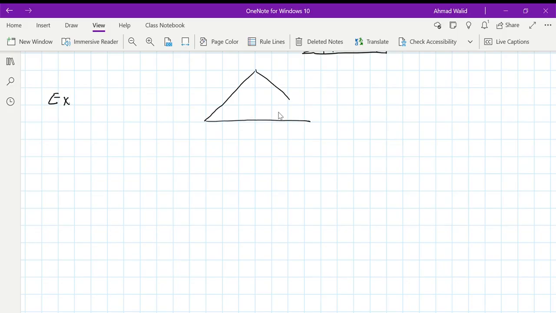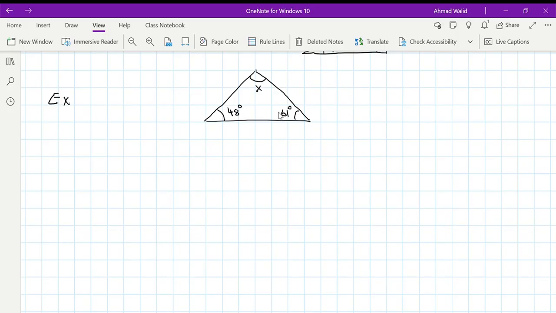This angle is given to you as 61 degrees. This angle, they're asking you to find it. How much is that? Call it x, and this angle is given as 48 degrees,